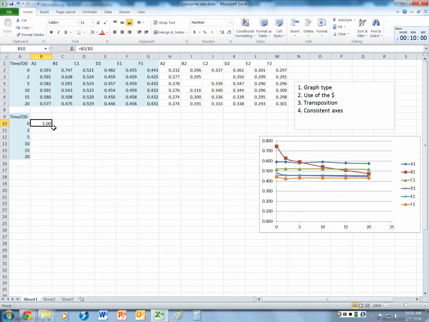We can pin that by putting the $ sign there, so that each time we copy and paste this, it will be in whatever column it's in. That can change, but it will always go back to row 2 and divide by the number at 0 time. That still, of course, means this number divided by this number, which is 1. Any number divided by itself is 1. But now we can copy and paste this,